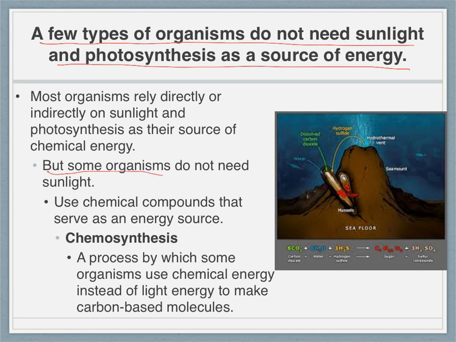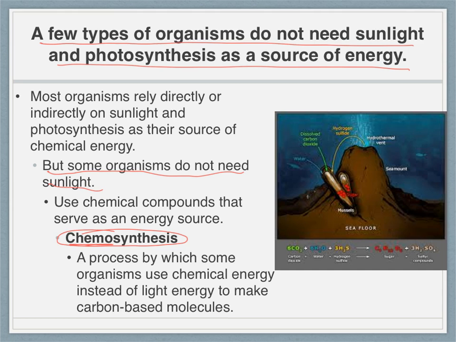Some organisms don't get access to sunlight. They use chemical compounds that serve as an energy source. So the process that they go through is called chemosynthesis rather than photosynthesis. Remember, photo means light, so photosynthesis is using light to make energy. These guys are using chemicals, so chemical